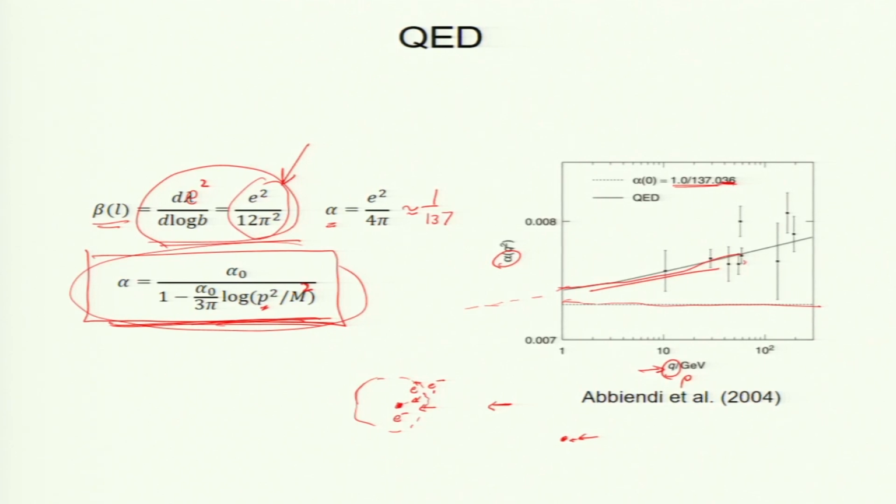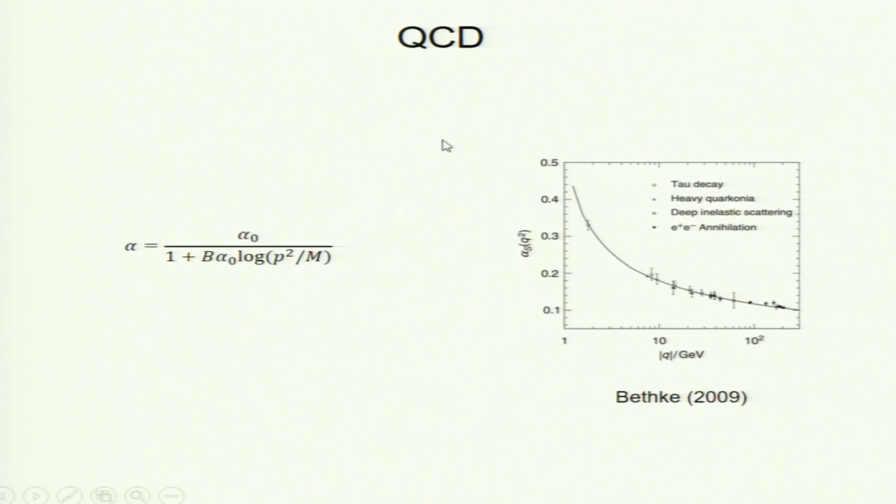Now, this is for QED. What happens to QCD, quantum chromodynamics? That is even harder to compute, this beta function, because it has quarks and gluons. You have to work with quarks and gluons, and it is definitely not easy. But we can write down, this was written by people, the equation for the running coupling constant, which is very similar except for a sign change. If for QED it was minus, for QCD it is plus.